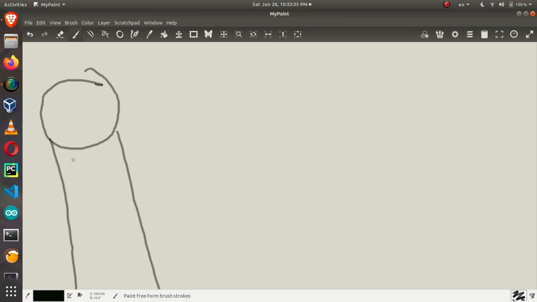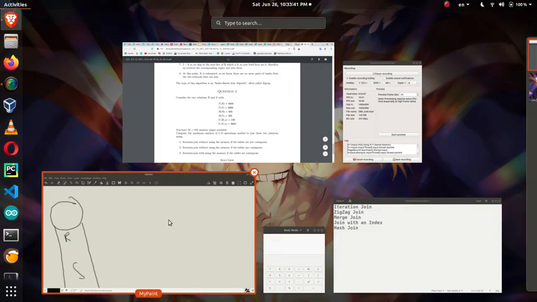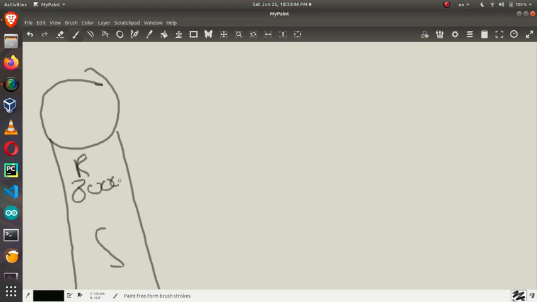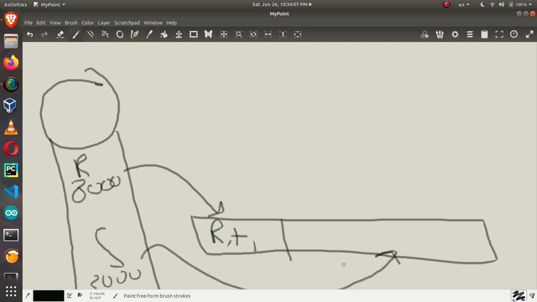This is the hard disk, relation R and relation S. R has 8,000 tuples and S has 3,000 tuples, and we will not use the available memory blocks in the RAM, so we have to load a single tuple that belongs to relation R and keep it in memory and pass by all of the tuples that belong to relation S. So one IO to read a single tuple plus 3,000